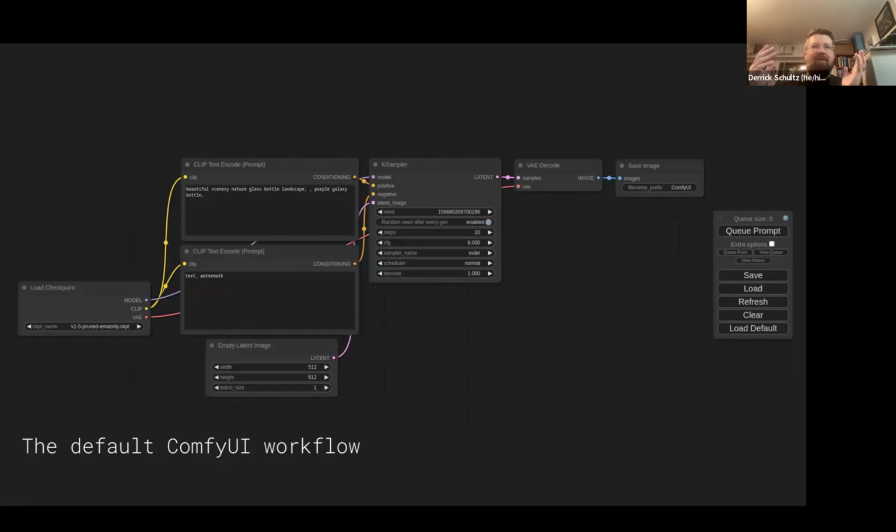But any time you open Comfy for the very first time, you're going to see this. You'll get kind of sick of seeing this, actually. But we'll talk about why each one of these pieces is really important to our first image generation tool as we go through class today.